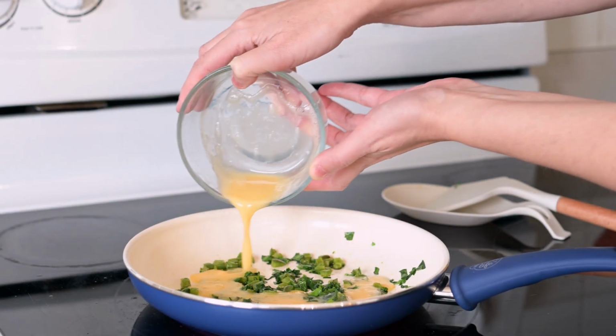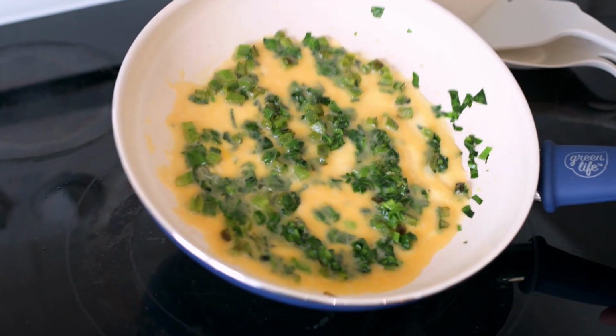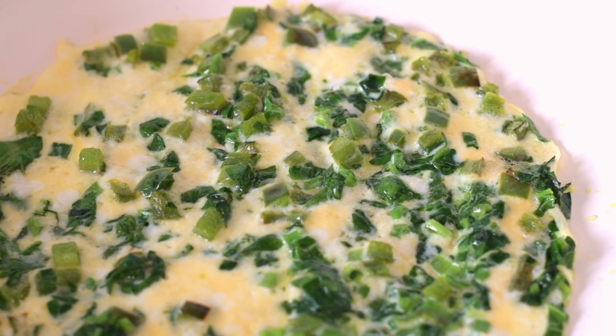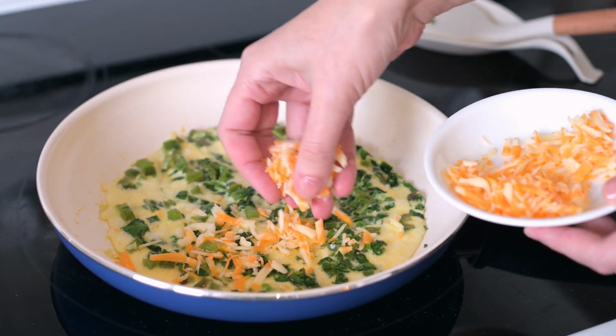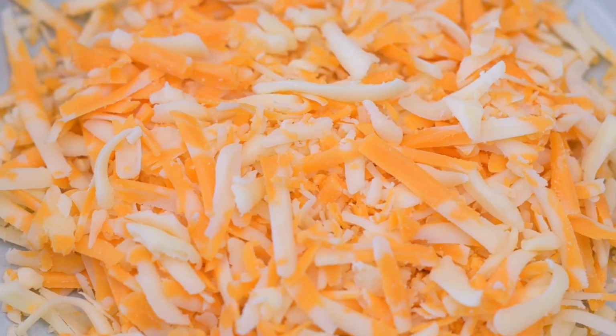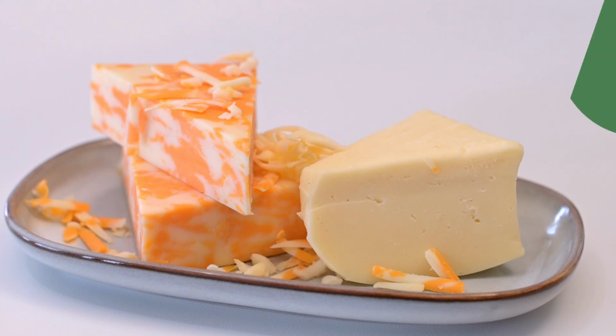Let's add the egg and spread it like a crepe. When the edges of the egg are slightly brown and the middle is set, turn the burner off and sprinkle the cheese. Cheddar cheese is a nutritional powerhouse that supports energy, brain function, and production of neurotransmitters with its rich